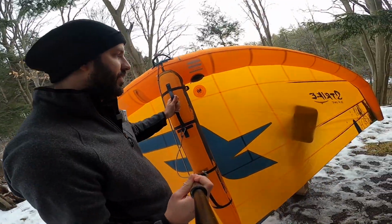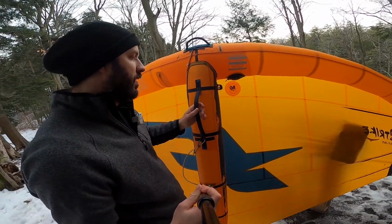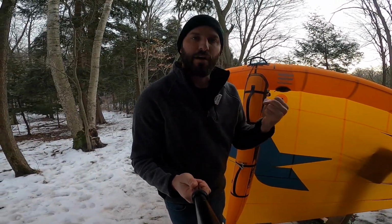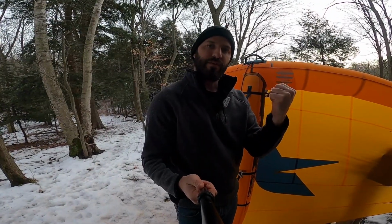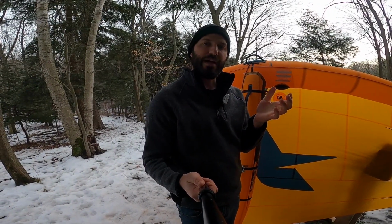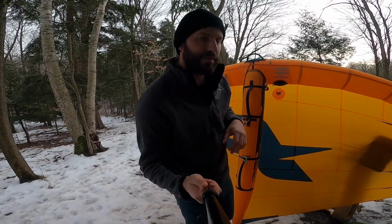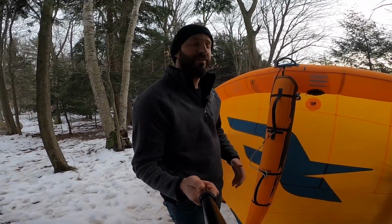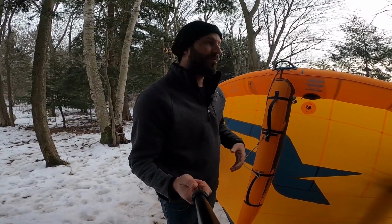That really reduces the fatigue in your wrists and your hands. That arm pump, if you're doing this all the time versus just relaxed hanging on like this, is night and day different. And if there's a downside to that, I guess it's if you're in really cold weather